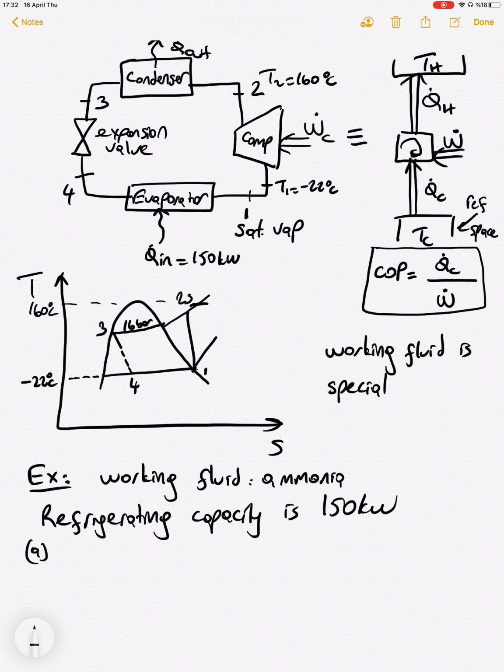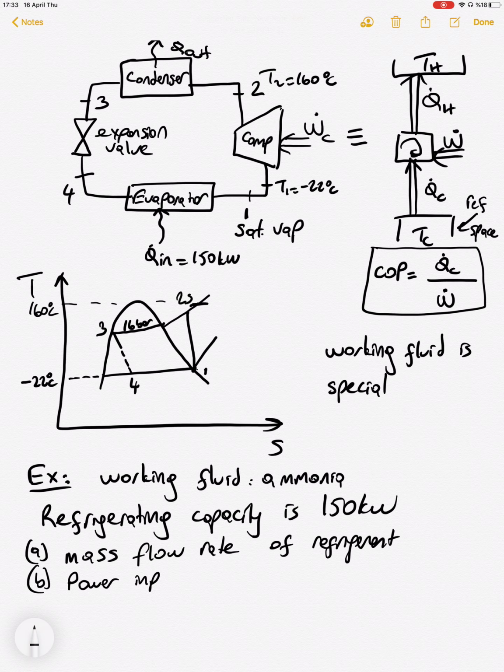We need, part A, what is the mass flow rate of refrigerant, part B, what is the power input to the compressor, part C, what is the coefficient of performance, and part D, the isentropic efficiency